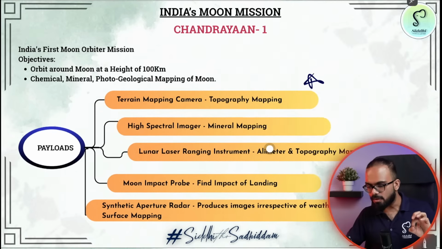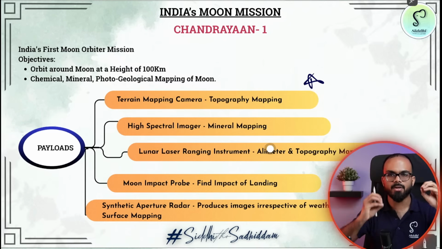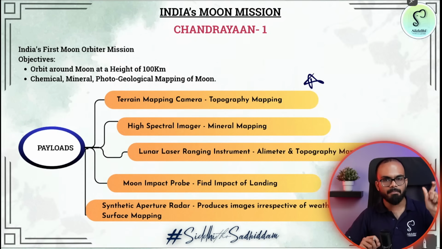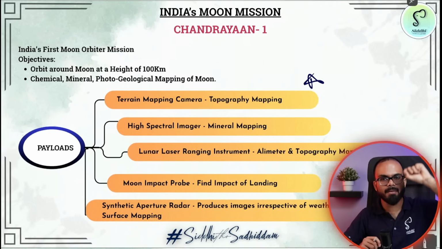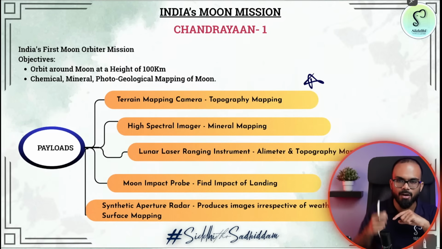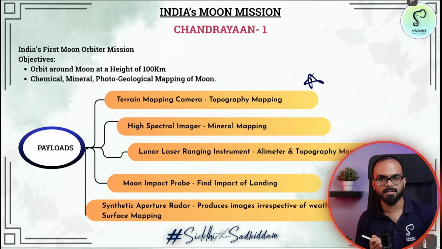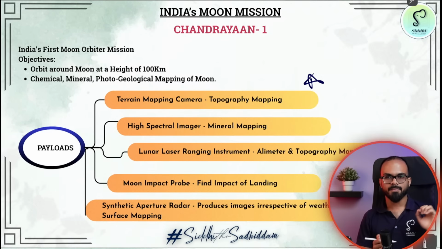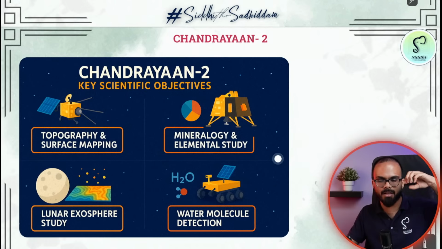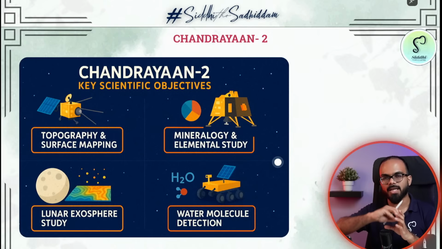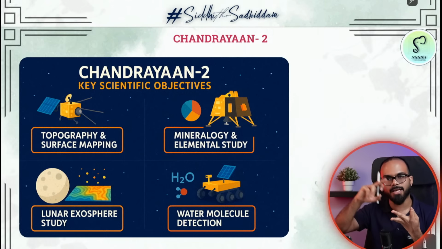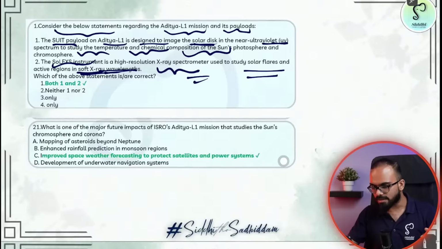Now, if there is a question on Chandrayaan 1, what is the utility of the moon impact probe? There is a statement: the moon impact probe is piggybacked on the satellite to understand what happens when a satellite is landed on the surface of the moon. Can you handle the question? I hope you can handle the question. This is the reason why I started taking the topic in a technical manner. We will do technical detail about Chandrayaan 3, about the Aditya L1 mission and other missions of ISRO in the next class. So this is about Chandrayaan 1.